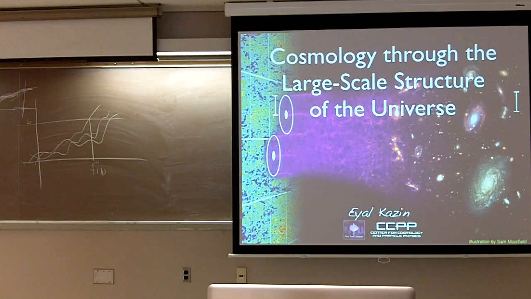One of the main goals of my talk is that you'll have better appreciation for this illustration over here, which shows our current understanding of how the universe has been evolving. I'll do so by explaining how we use the distribution of galaxies to learn about the geometry and the expansion of the universe, and how we relate it to this picture over here, which is the cosmic microwave background that you all probably heard of, which gives us a picture of the universe as it was when it was 1,000 times smaller than the present.